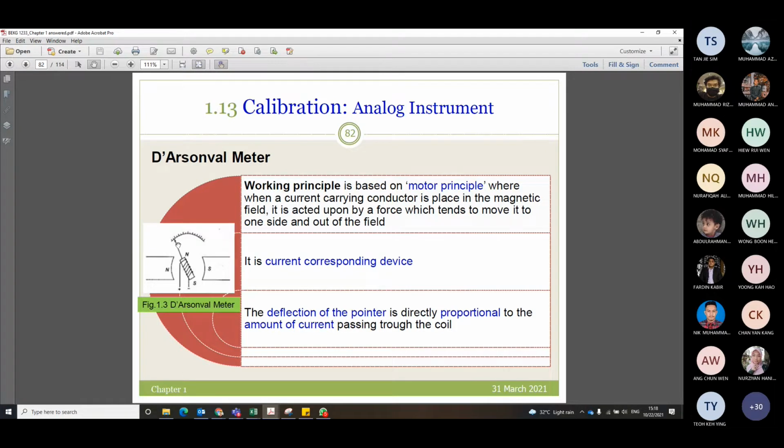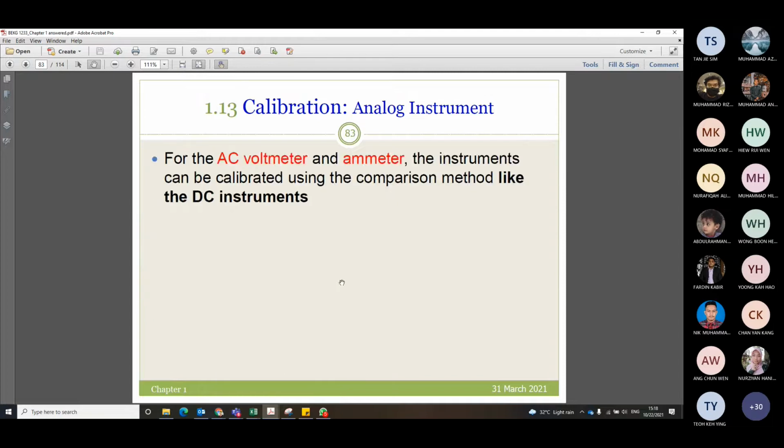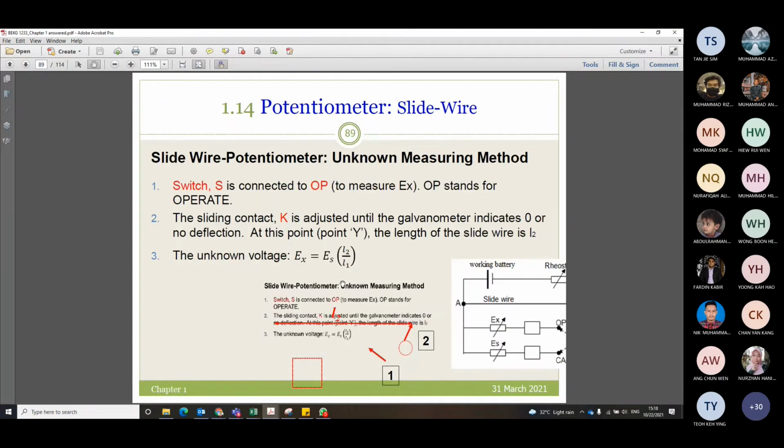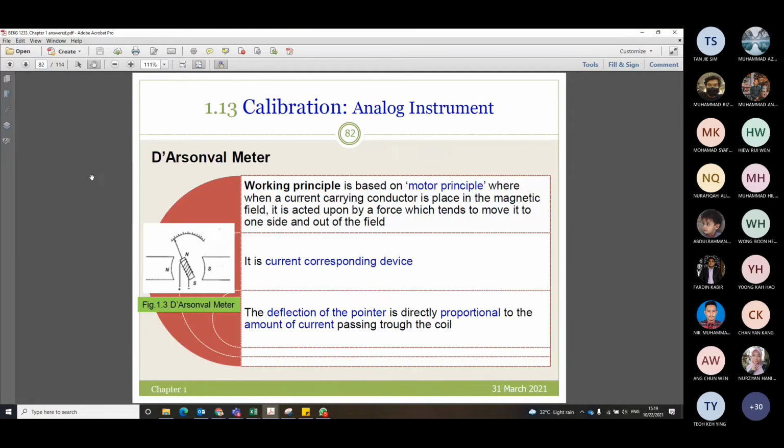Okay, it will move to the other side of the field. I think you have learned about Fleming, Jari Fleming. Then we can know that there is a... I will show later. Whereas Fleming is, you have the field of